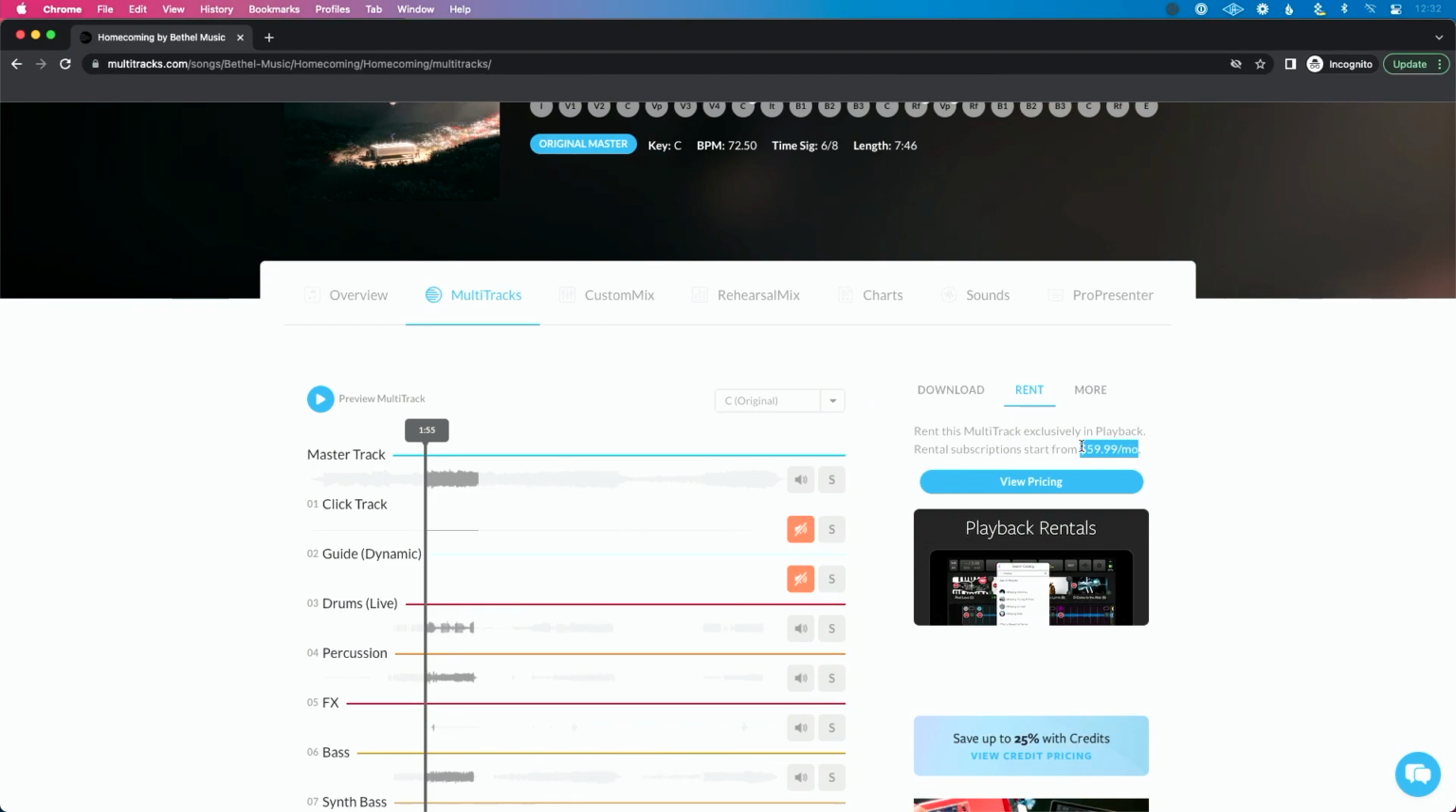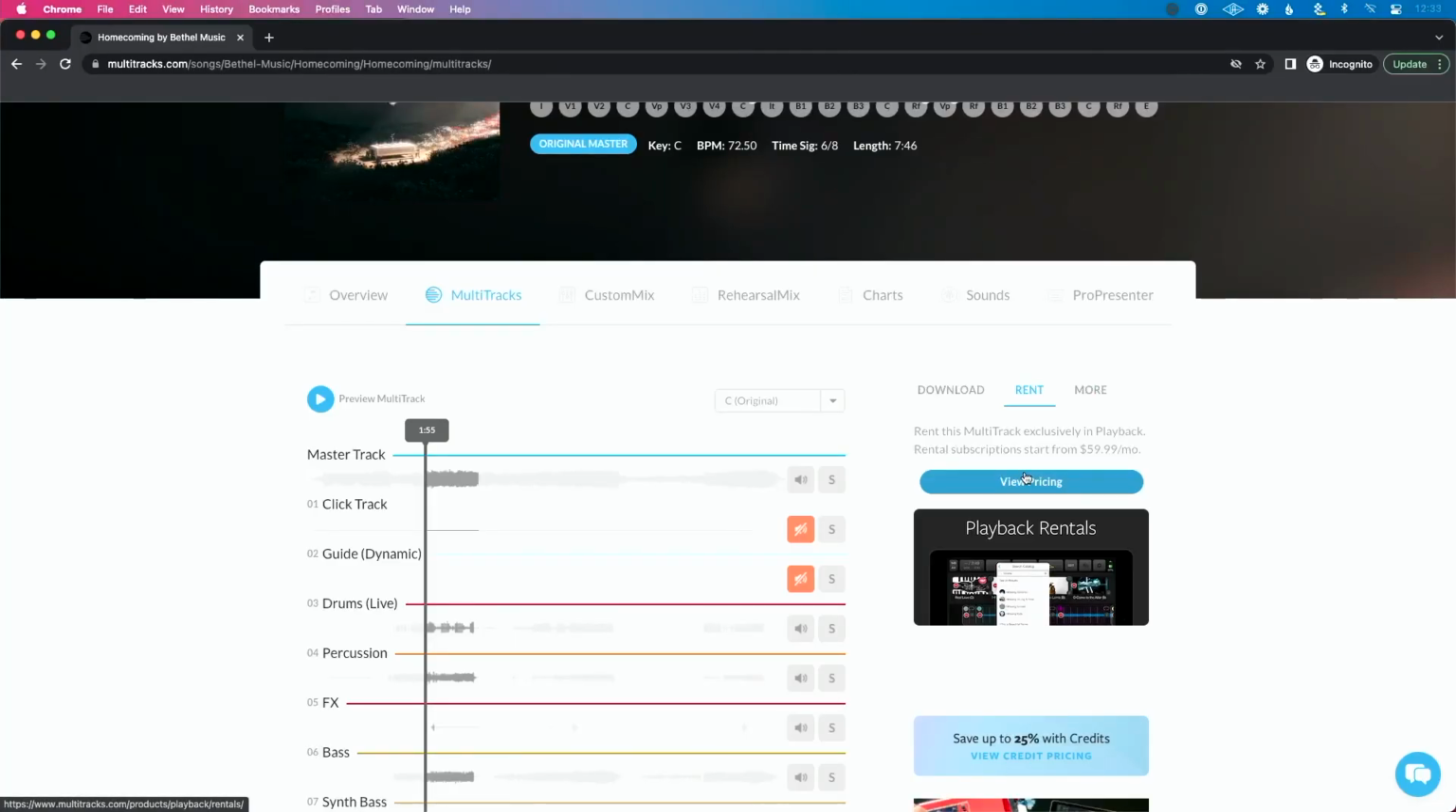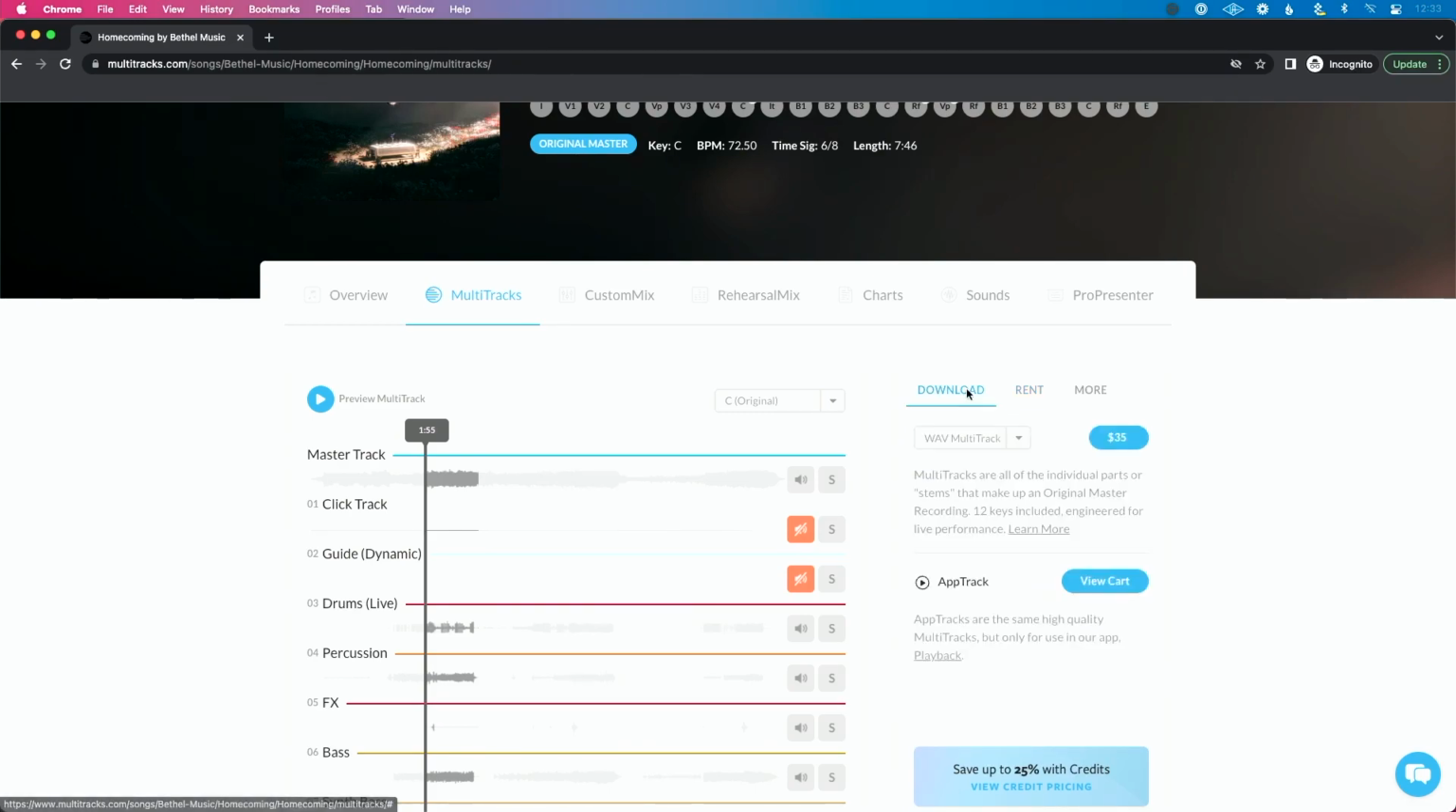Right. So, playback rentals is great. If you're using playback, if you're not using playback, then just skip it. There's no reason to even talk about it. So if I'm using Ableton and I want to get MultiTracks from multitracks.com, then I could go to MultiTracks and